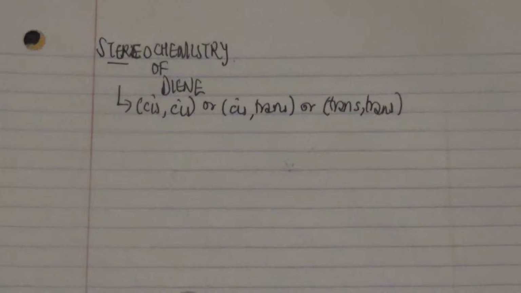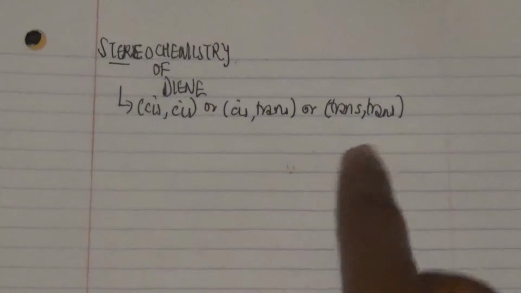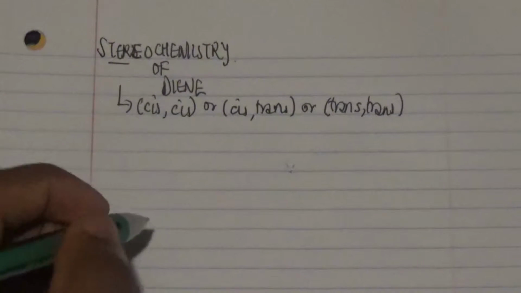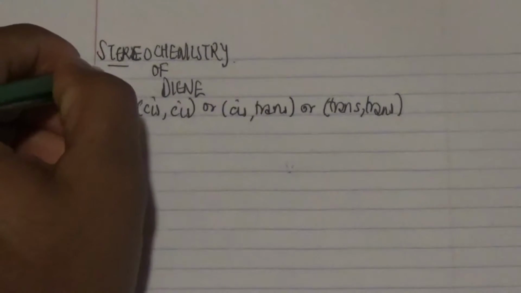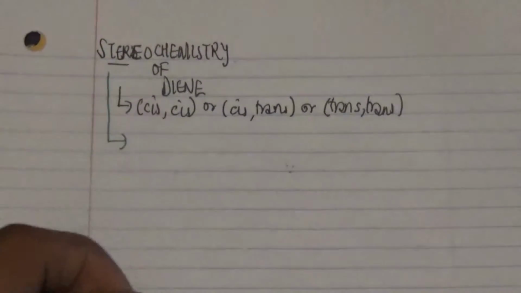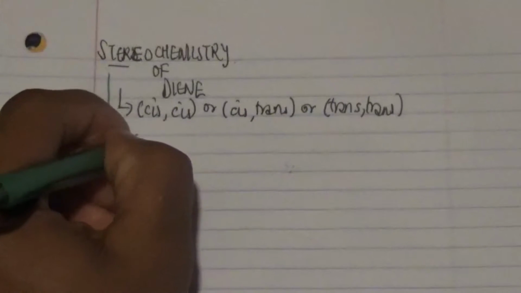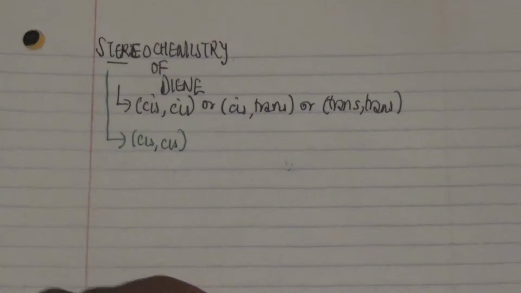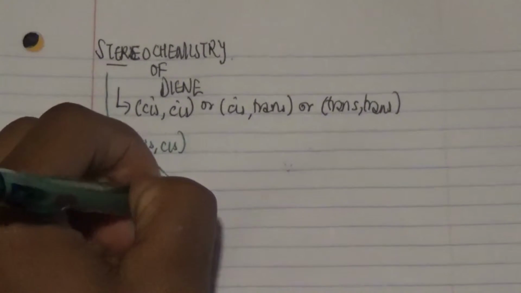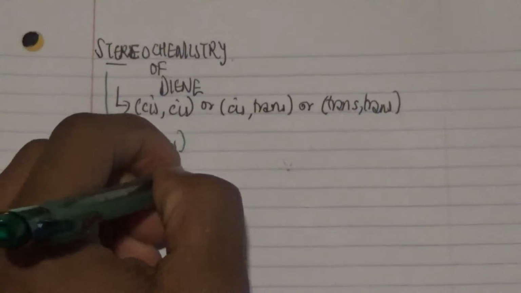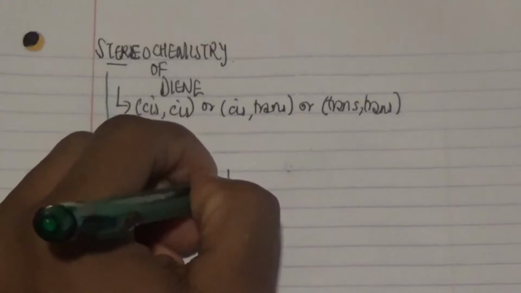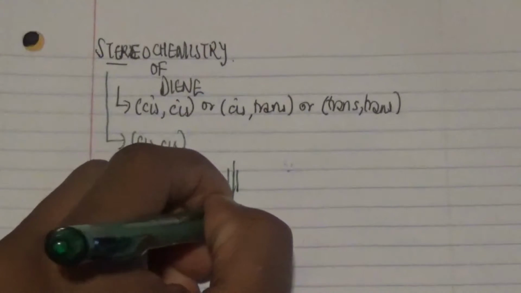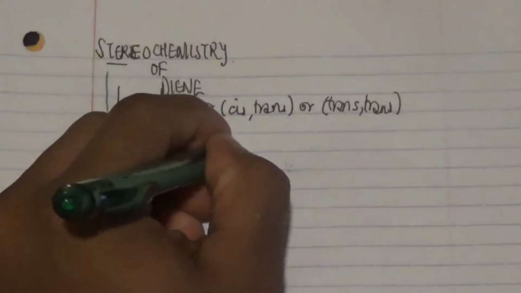Now let's go into details on each of these particular stereochemistries that the diene possesses before it actually interacts with our dienophiles to form our final product. So first of all, we're going to be looking at the cis-cis form of our diene. Now the cis-cis form is a situation where, for example, we have this particular compound over here, and it interacts with a triple bonded species over here where we have withdrawing groups on the terminal ends,